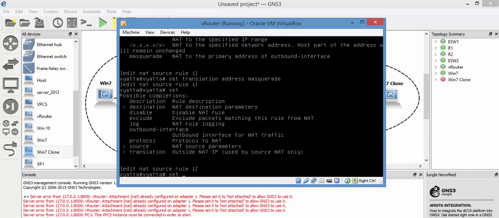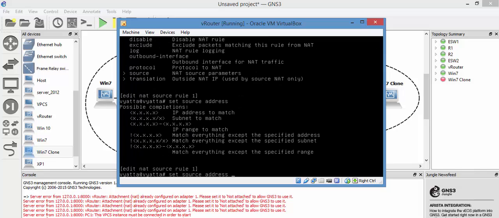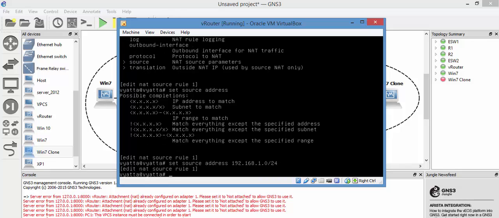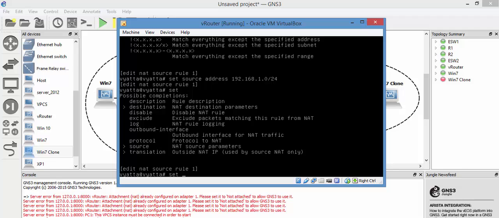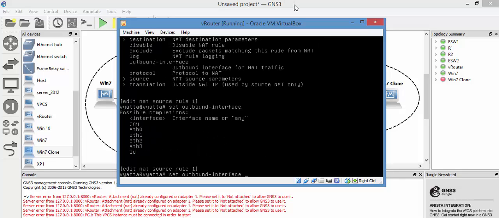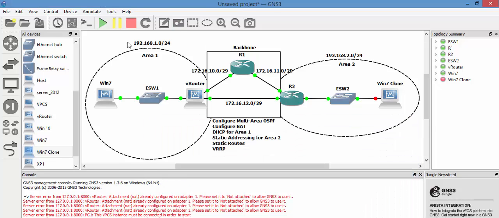Okay. We'll do set source address, which we can either specify as a single address or as the subnet. So we'll do the subnet 192.168.1.0/24. Okay, and we'll do set outbound interface, which is the outbound we'll go with